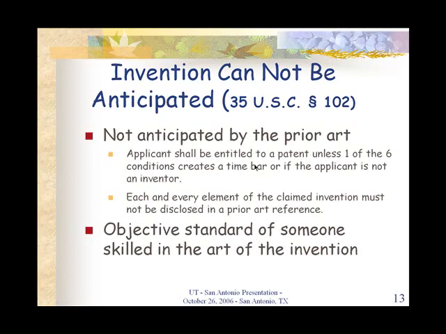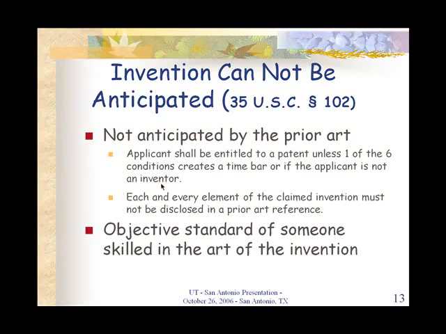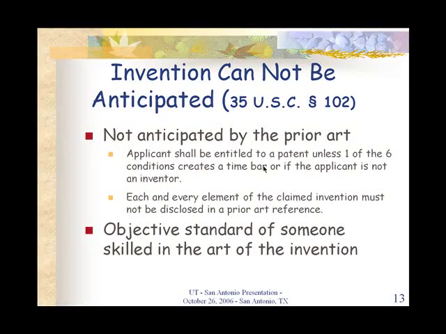So the applicants shall be entitled to a patent unless one of the 6 conditions creates a time bar, or if the applicant is not an inventor. So there are certain criteria for considering an inventor or co-inventor. It's not the same as being a collaborator. Again, you need to discuss this with technology transfer offices or read up on it yourself, both, most likely, to understand this. I don't recall exactly if we're going to get through those 6 conditions, but anyway,